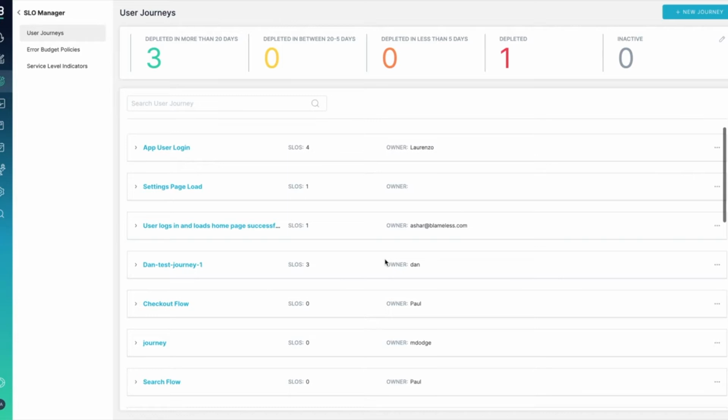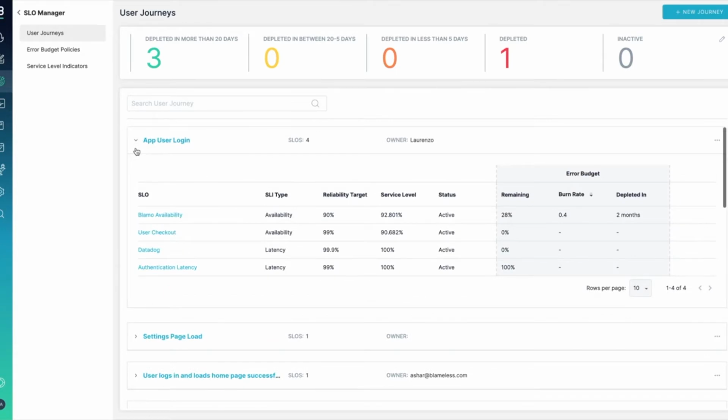So what we're looking at here is our SLO manager, and you'll see here at the top, we'll have a high-level summary of the statuses of the SLOs. And then below there, we'll have all of our various user journeys that you would create within the UI. Now from here, if I were to go and expand this out, you'll see that under this user journey, we